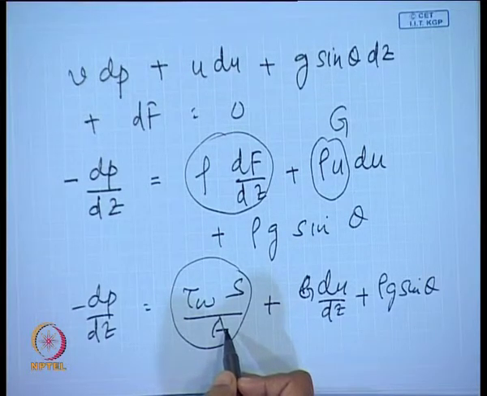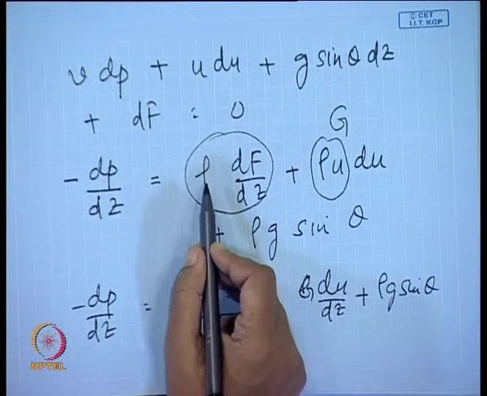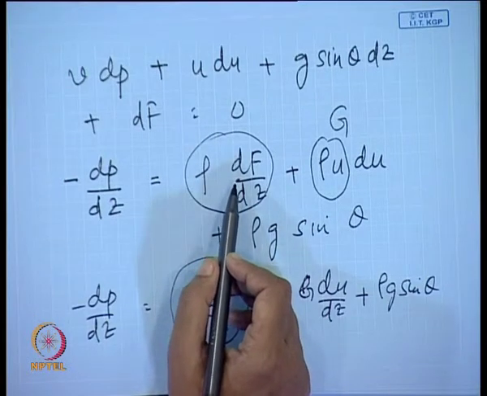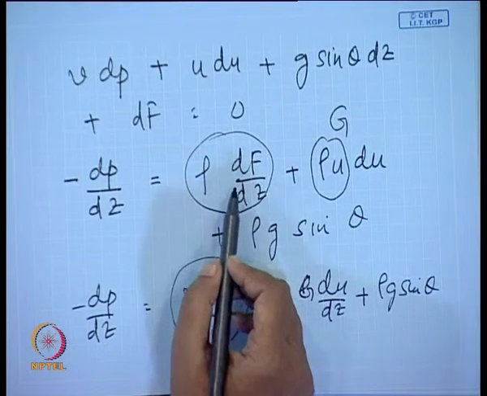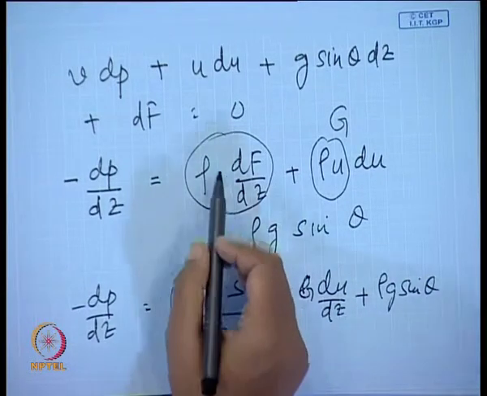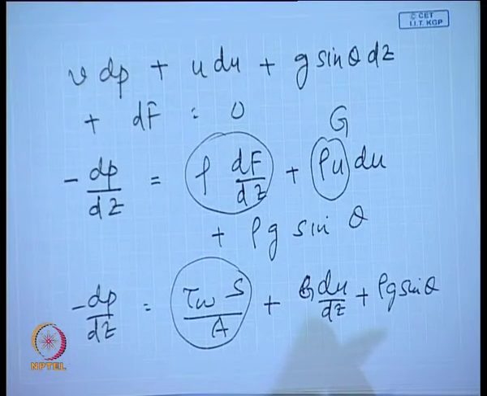But remember one thing: when we go for a two phase flow situation, even under homogeneous flow condition, irreversible frictional losses will arise from the interaction between the two phases. So, this should comprise not only the friction between the wall and either of the fluids, but also between the fluid and the fluid. So, these two need not necessarily be equal for two phase flow situations, but they are definitely equal for single phase flow situations. Agreed? This completes everything that I had to tell you about the introductory portion of multi-phase flow.